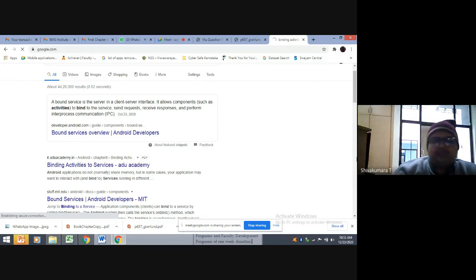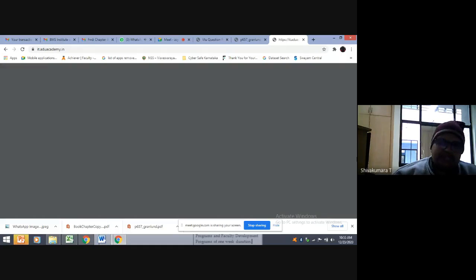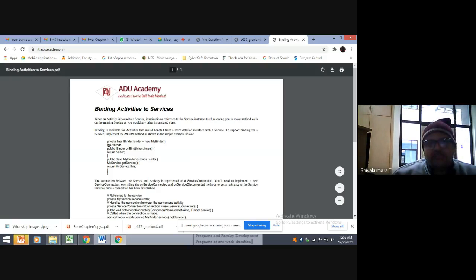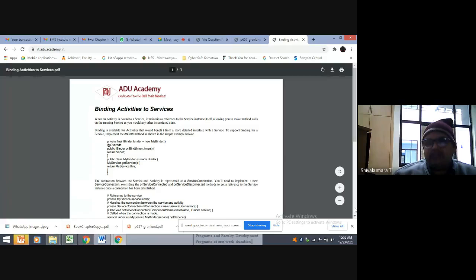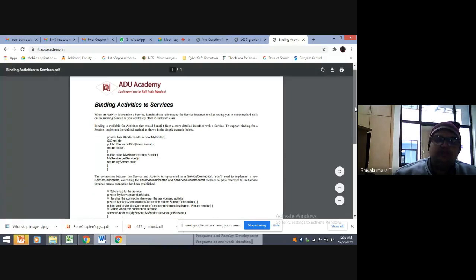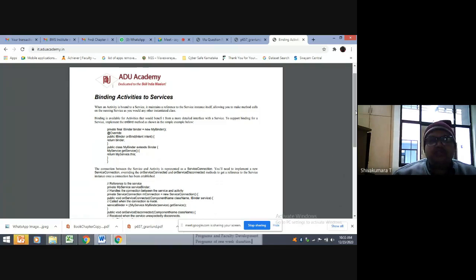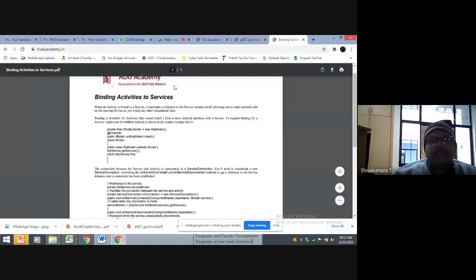Apart from our regular textbook, textbook reference and the web reference, we'll go with another reference, that is Academy. It provides some of the snippet code for answering that question. Binding activities to services. So when an activity is bound to a service,